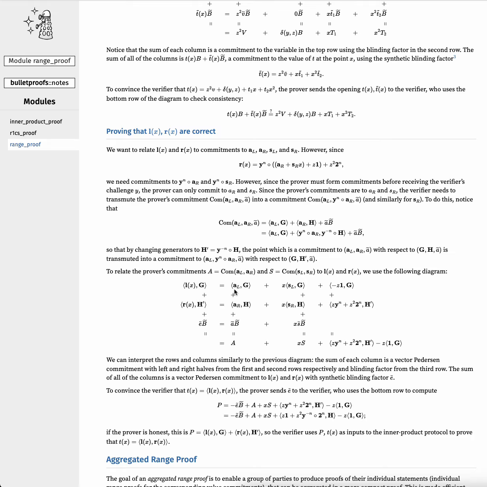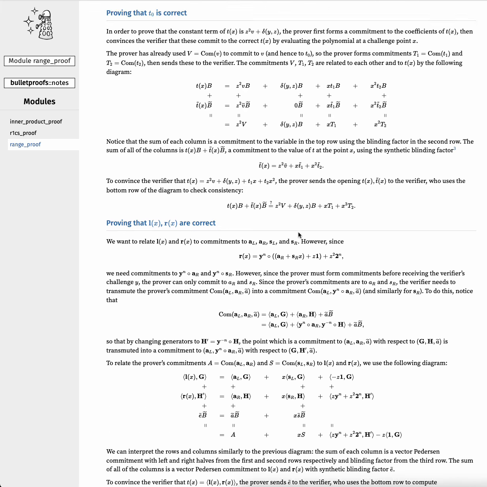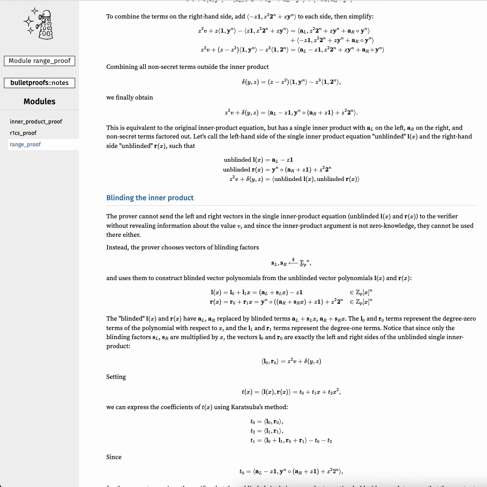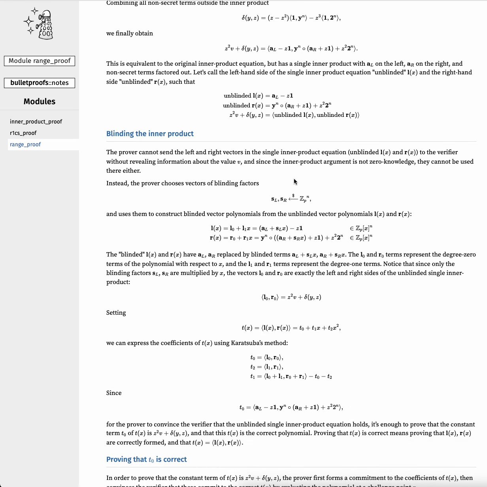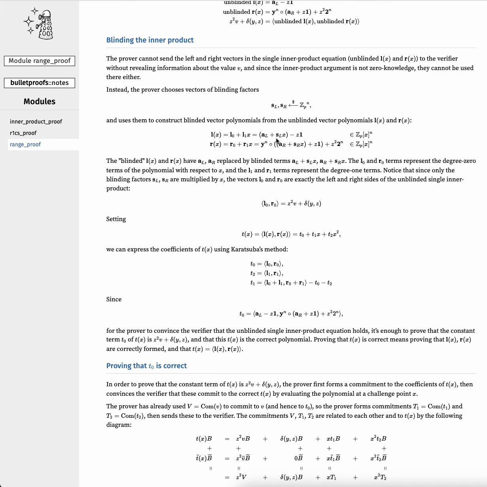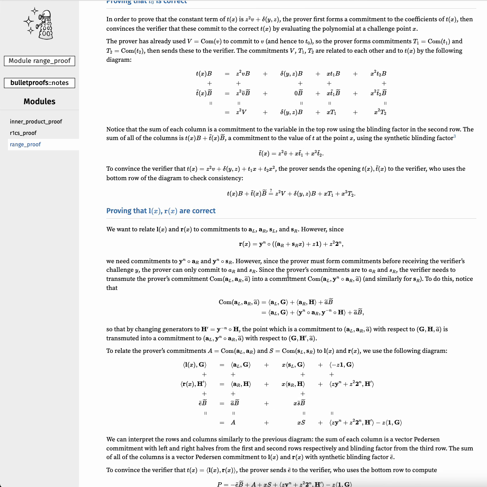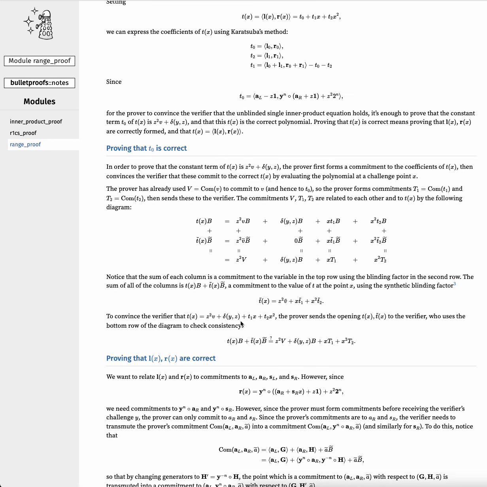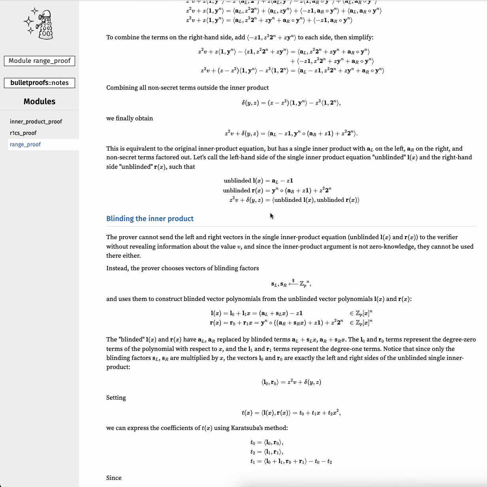Right? So if we look at the L that we were expecting here, it's AL minus Z1, and that was the unblinded one. The blinded one was AL plus this blinding stuff minus Z1. We can look back here: AL plus XSL minus Z1, right? This is what we're expecting. It's all multiplied to the base G. And for R, we're expecting